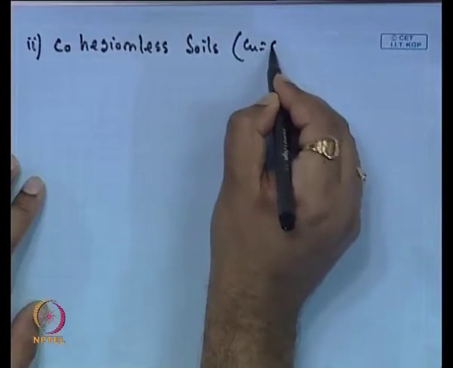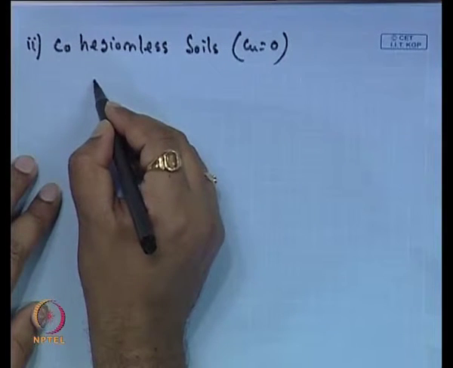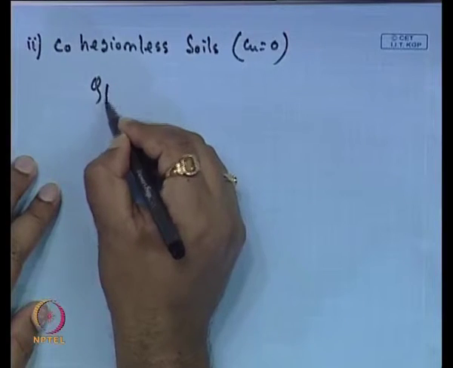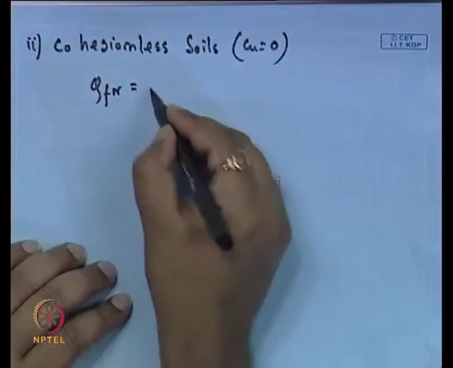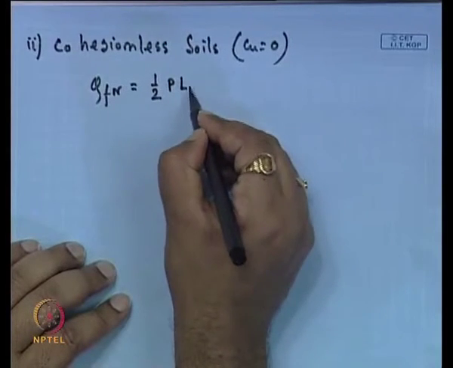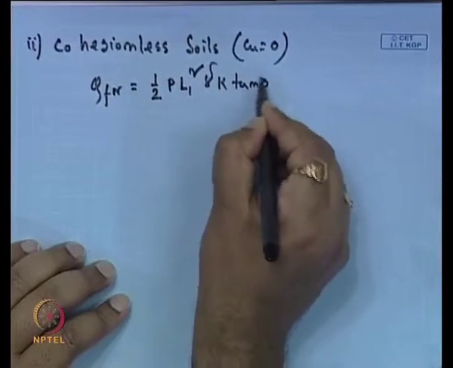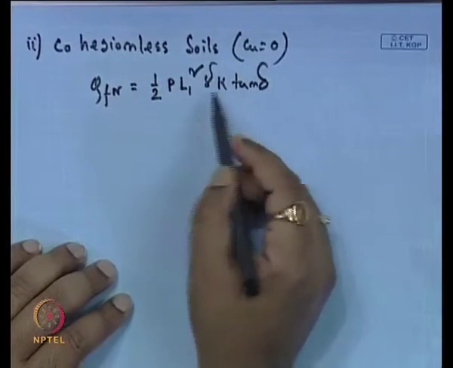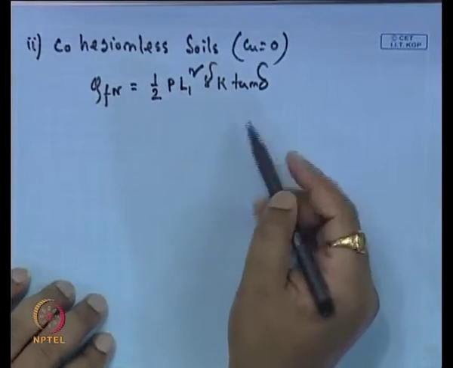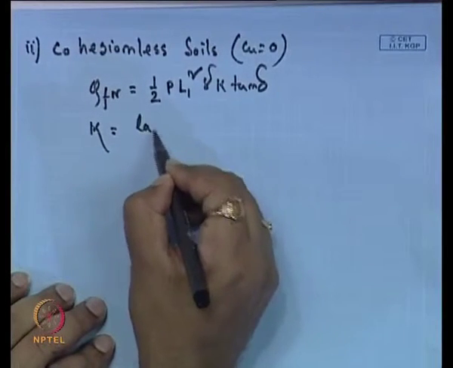Or Cu equal to 0. So, in that case Qfn will be half into P, where P is the perimeter, L1 square into gamma into K into tan delta. This expression is same as the calculation of friction resistance for the cohesionless soil. So, here K is same as lateral earth pressure coefficient,